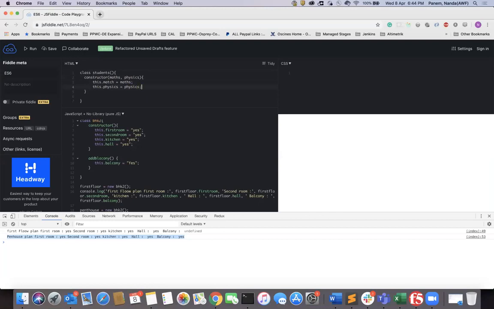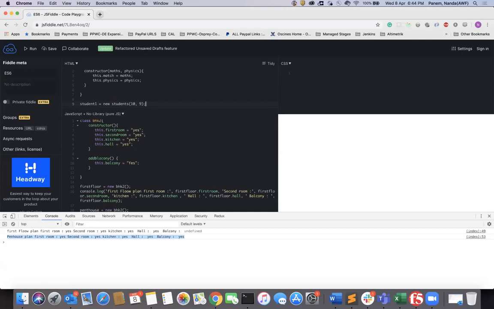Whenever you want to create student 1, we can just do student 1 equal to new Students of 10 comma 9. And you can access those data easily by using student dot maths or student dot physics.